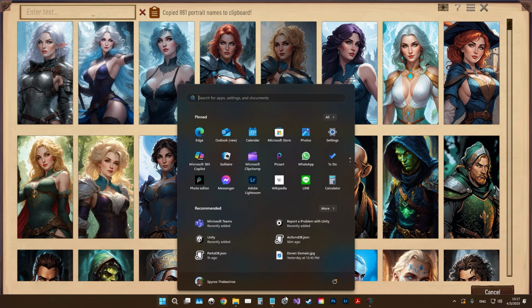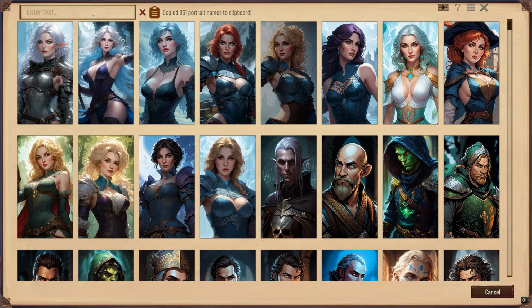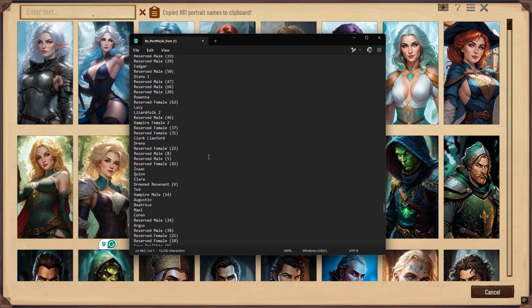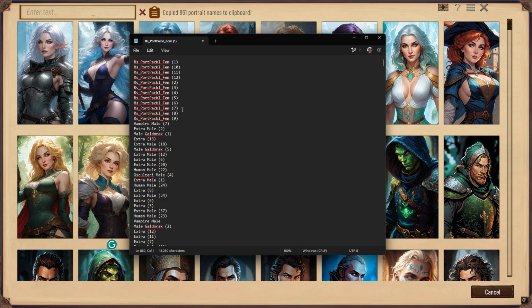And if I go and open a new notepad window and paste them here, you will see that it's a list of names. So if I wanted, this is for the workshop, and I don't need this. So if I wanted to override all the portraits in the game, all I have to do is to provide these files in my artworks folder, and for the sake of